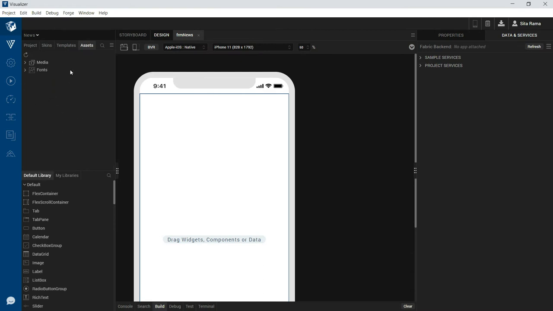Whenever you create a new project, the first action that we want to perform is to import all the resources or assets that we want to use as part of our application. These assets can be PNG files, some video files or audio files, or they can be some custom font files that we want to use as part of our application. So all these assets that we want to bundle as part of our application, we can import them into this assets section of our application.